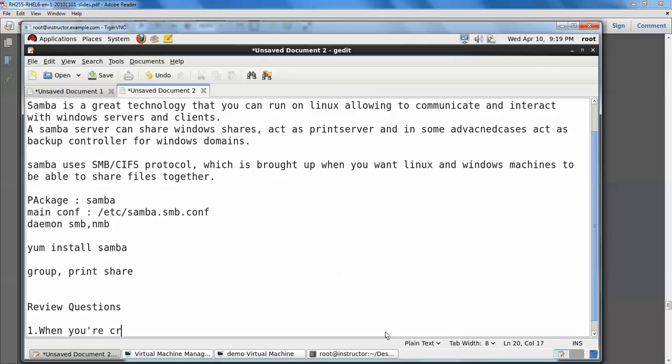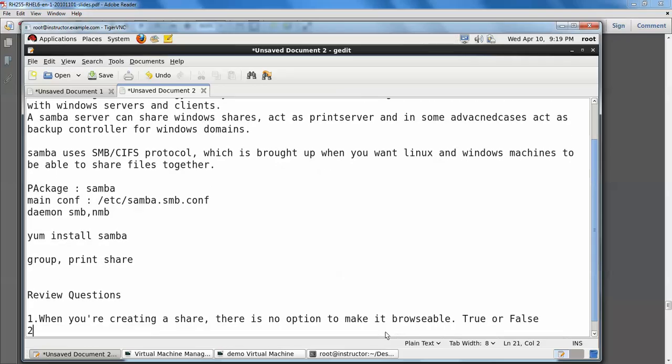When you are creating a share, there is no option to make it browsable. True or false? Second one. What command is used to create a user for Samba?